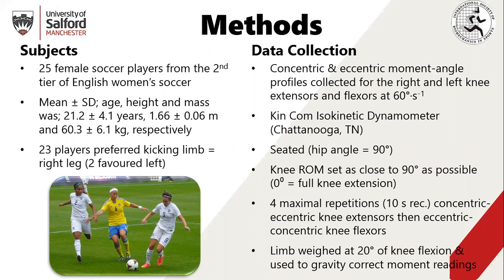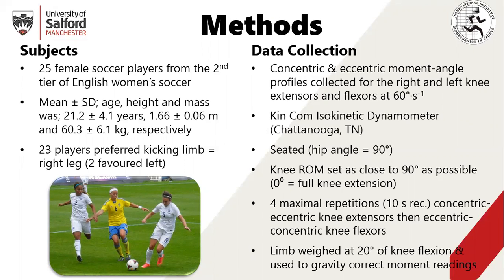Each subject was seated and strapped in with the hip joint flexed to 90 degrees. The axis of rotation of the dynamometer shaft was aligned to the best approximation of the knee joint axis of rotation. The cuff of the dynamometer lever arm was attached just above the ankle. Knee joint range of motion was set as close to 90 degrees as possible, 0 degrees equaling full knee extension. The anatomical zero position was standardized for each subject using a spirit level before setting each subject's range of motion